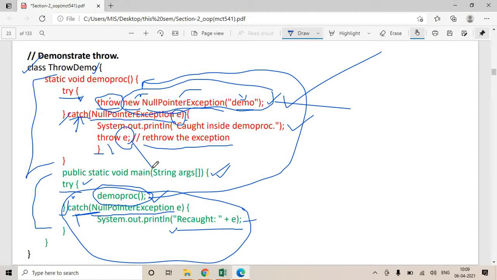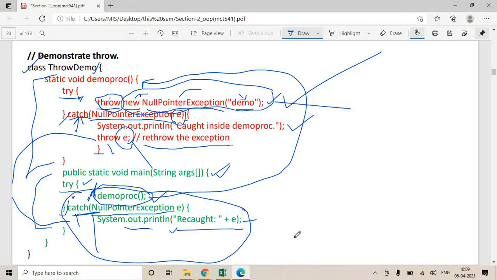You are not creating a new exception object. So when you throw e, it means you are not handling it for the first time, you are rethrowing it. When you rethrow it, it will search from where the demoproc function is called. Demoproc function is called from here. Does that block contain an appropriate catch handler? Yes, that block contains an appropriate catch handler.